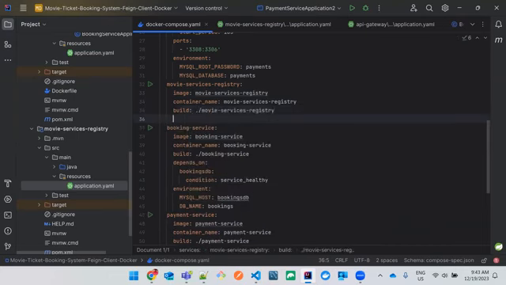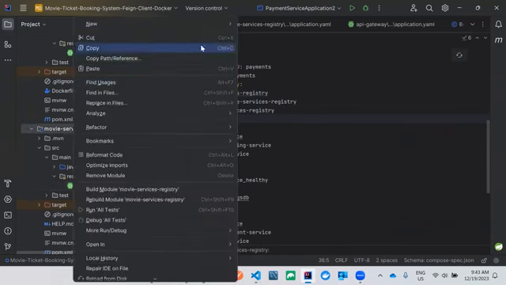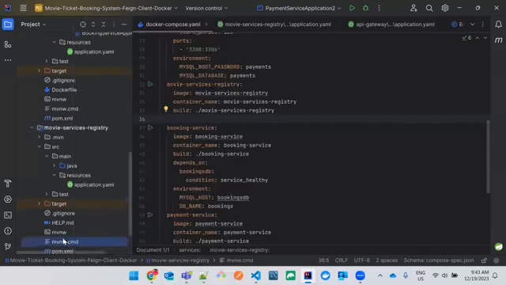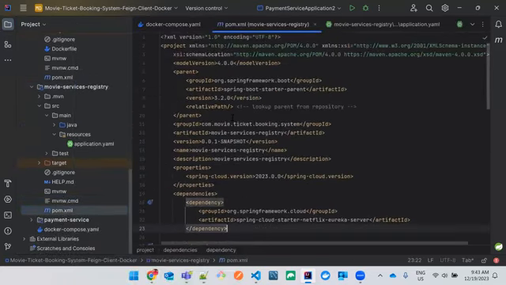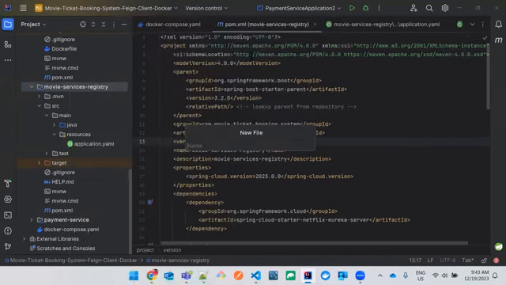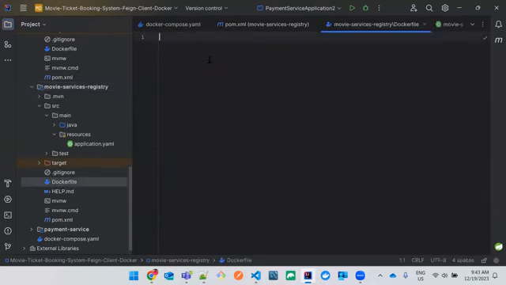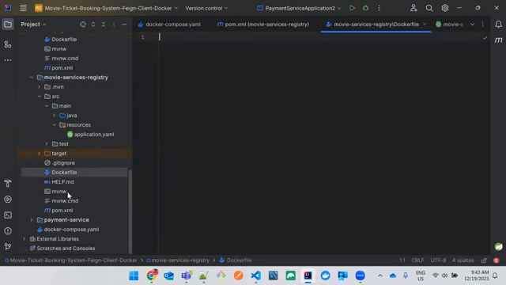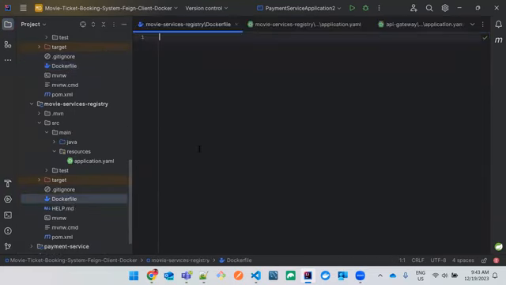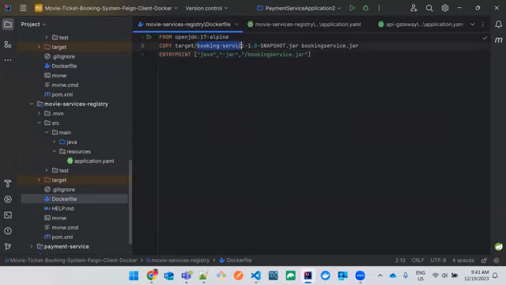/ movie services registry. And here inside the movie services registry, I need to maintain a Docker file. So first, I will just go to the pom.xml first, and I will just rename this to 1.0 snapshot. Just refresh it. And here, I will just go and create a Docker file. And I'll just copy the existing Docker file, paste it over here. And here, I will just change movie services registry